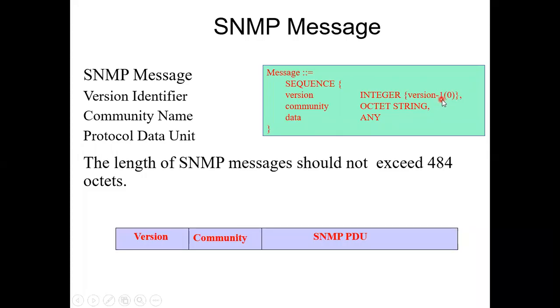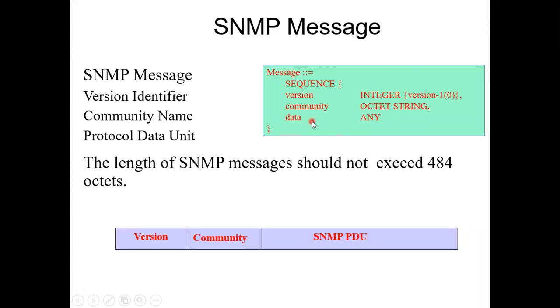Here version 1 has been taken as an example. When it is only a single value, like roll number 5 I want to write, then roll number, INTEGER, and then I put this curly bracket. If you are remembering how we were encoding or writing the ASN.1 coding. The community name will be written in terms of an OCTET STRING. You know what an octet string is. Hi, hello, these were all octet strings. There will be a community name, for example Red Rose, whatever. That name Red Rose comes under octet string.